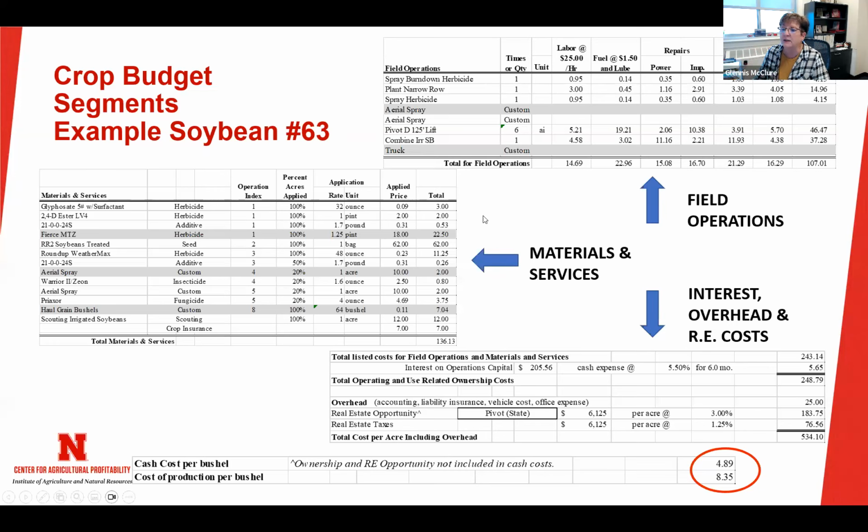So we've got that figure. And then we have things broken out by material costs, what goes in with each of those operations. So when we're planting the seed, we might have some herbicide, we might have some fertilizer in the case of corn. So we have those things built in. So we have field operations, materials and services, and then our interest costs and our overhead costs,